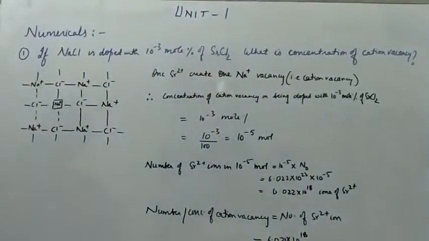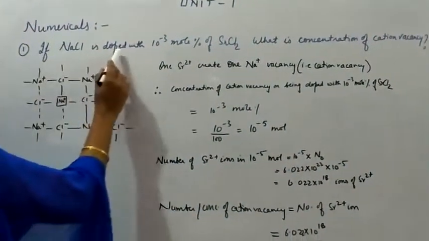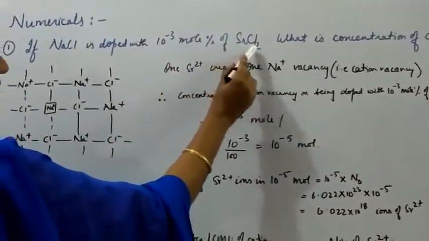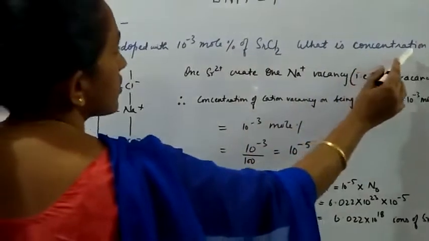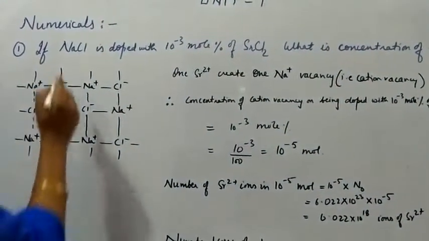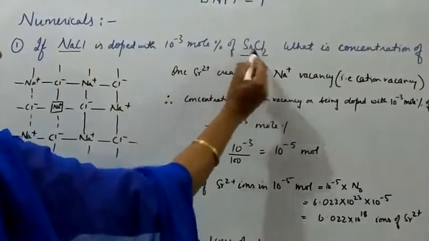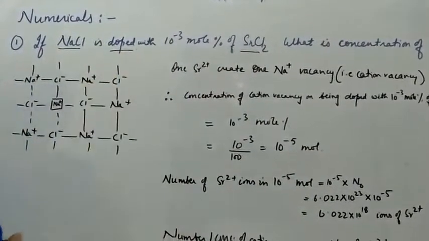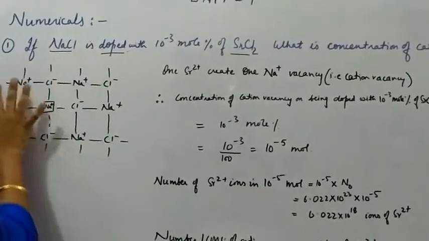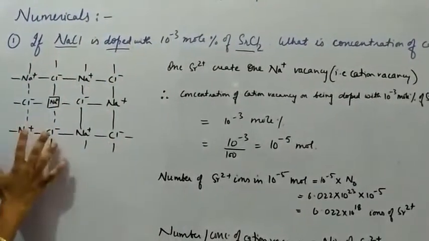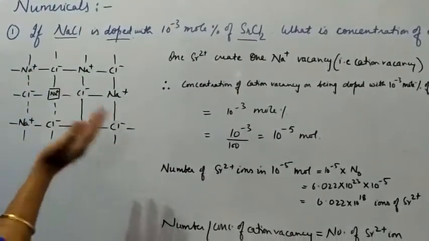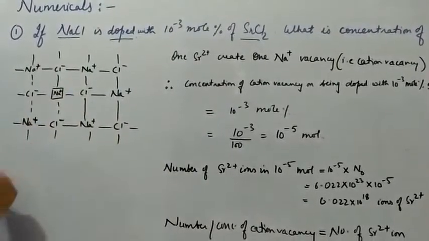Now just see this numerical. First we will go to the question. If NaCl is doped with 10 raised to power minus 3 mole percent of strontium chloride, what is the concentration of cation vacancy or cationic vacancy? Now NaCl is being doped with strontium chloride, right? Here, in the beginning, we will have the crystal lattice of sodium chloride, Na plus, Cl negative, right? Now when strontium chloride is added, what will happen